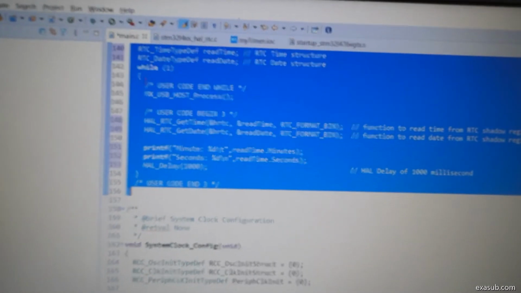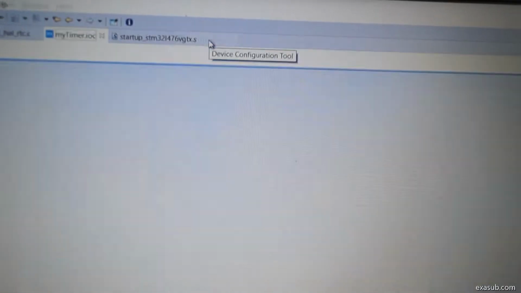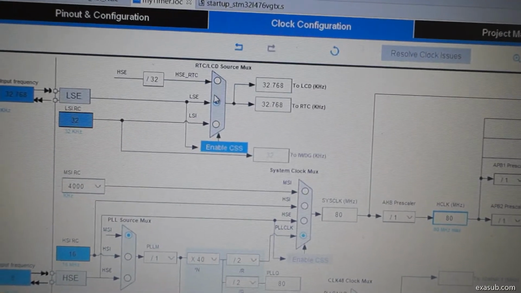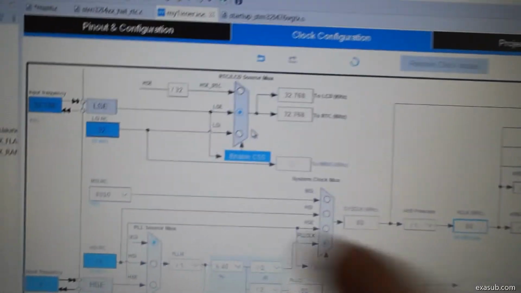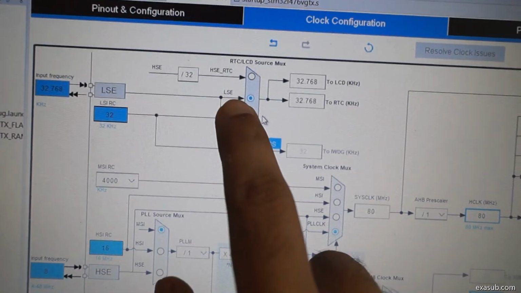Here we have opened our IDE, and first you have to go into clock configuration and select LSE.